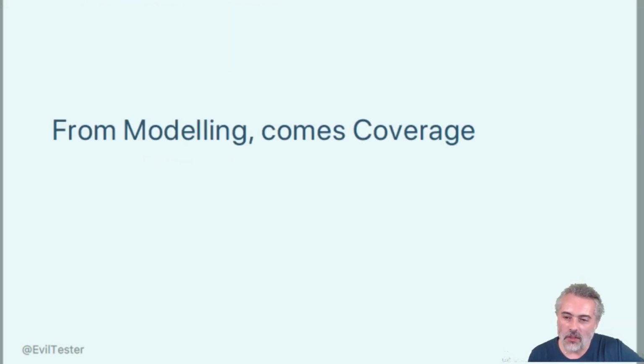Now, people often talk about coverage and how do you know if you've automated enough? All coverage comes from models, right? That's what it means. It's how much of this model are you covering? We have requirements models. So how many of these requirements have we covered and how deeply have we done it? Path coverage, data coverage. All of this is a different way of modeling, a different way of doing coverage analysis.